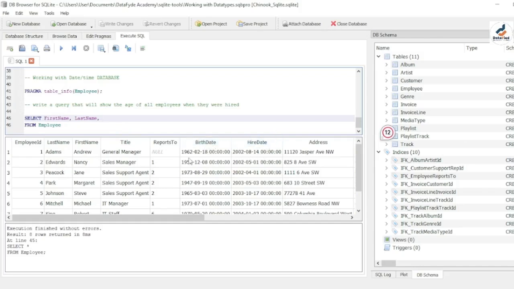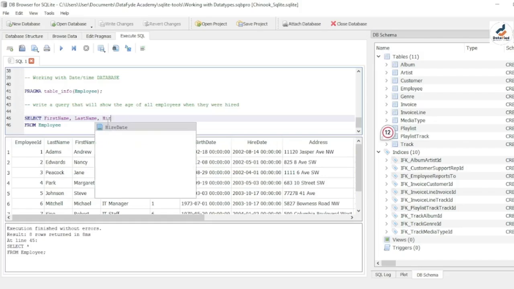Notice the year. You notice that 2002 is later compared to 1962, so we need to subtract this from this. So we have the age as at when Adams Andrew was hired. So we do hire date, which is a column in our employee table,